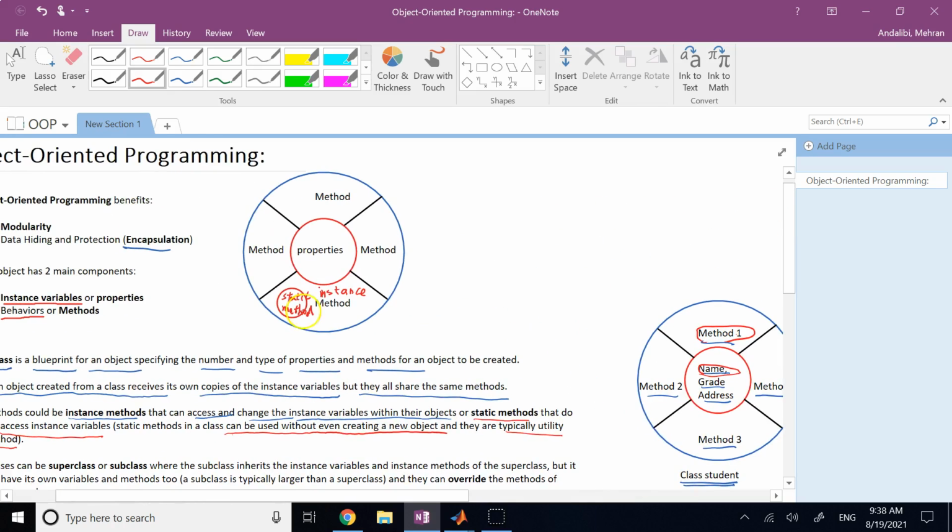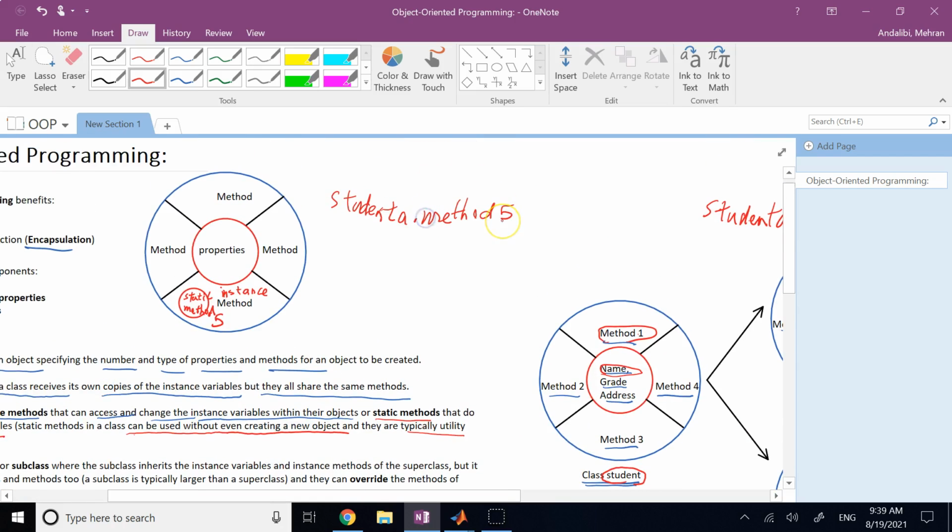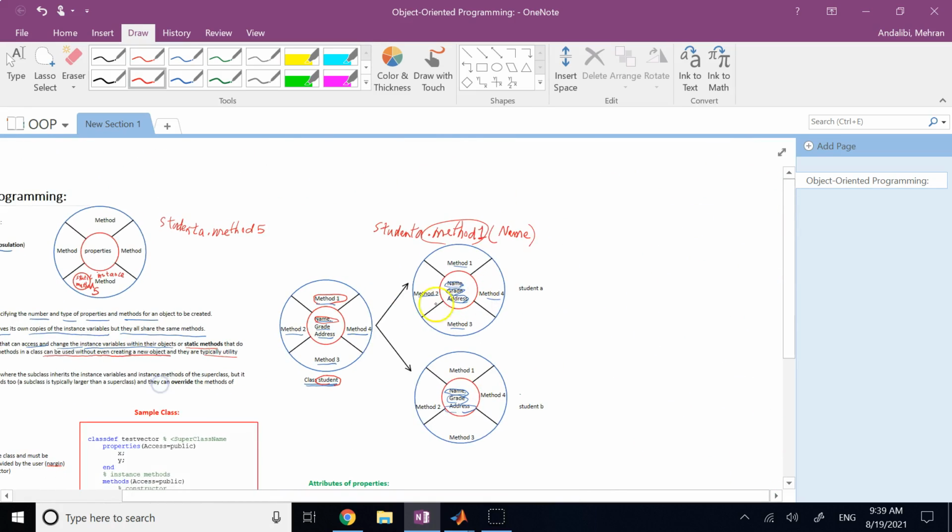But if I want to use this guy here, let's say I call it method 5, this static method. If I want to access this method 5, I do not even need to say, hey, student A dot method 5. No, I do not need that. All I need is to name the class of the student, whatever it is, and then dot the method. So without me even creating a replicate of this blueprint and calling it an object, and then through that object I access the data,